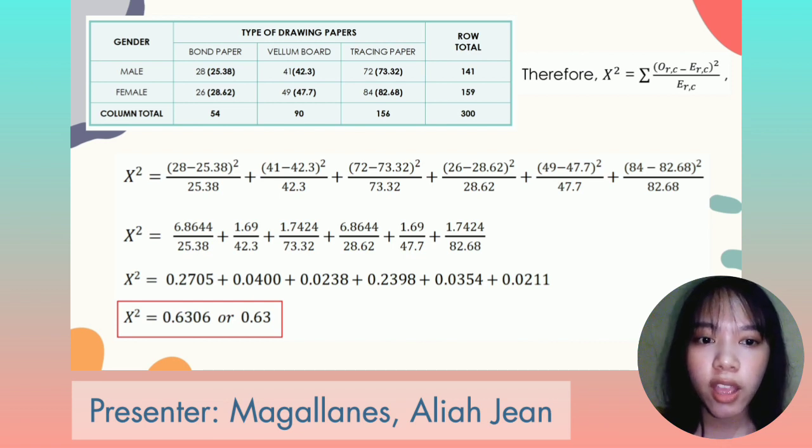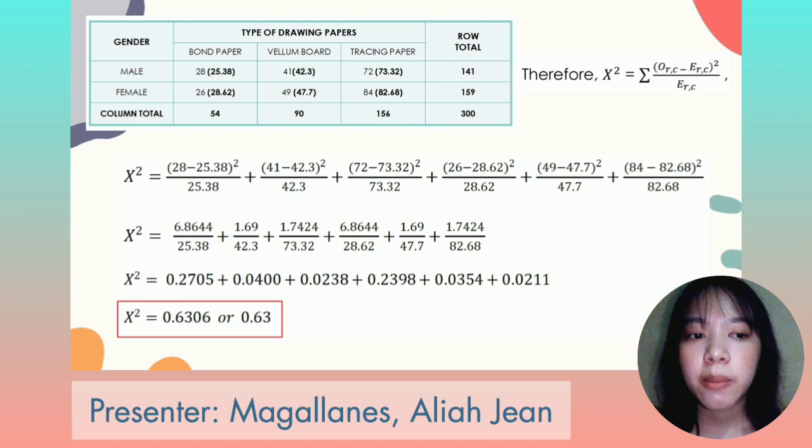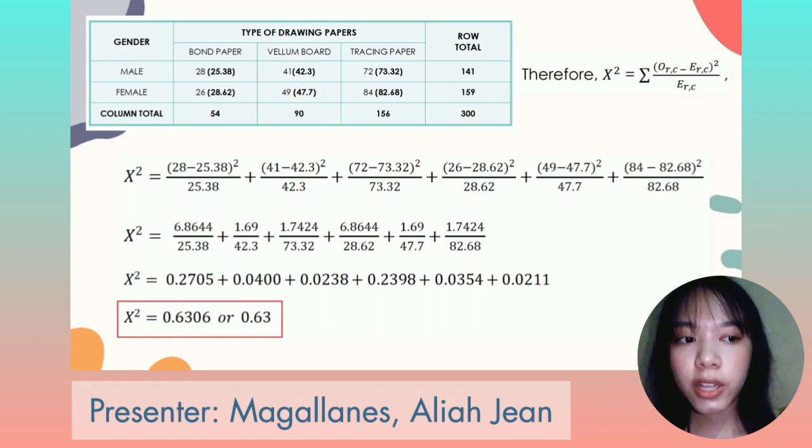By substitution, we have x squared equals (28 minus 25.38) squared over 25.38 plus (41 minus 42.3) squared over 42.3 plus (72 minus 73.32) squared over 73.32 plus (26 minus 28.62) squared over 28.62 plus (49 minus 47.7) squared over 47.7 plus (84 minus 82.68) squared over 82.68,